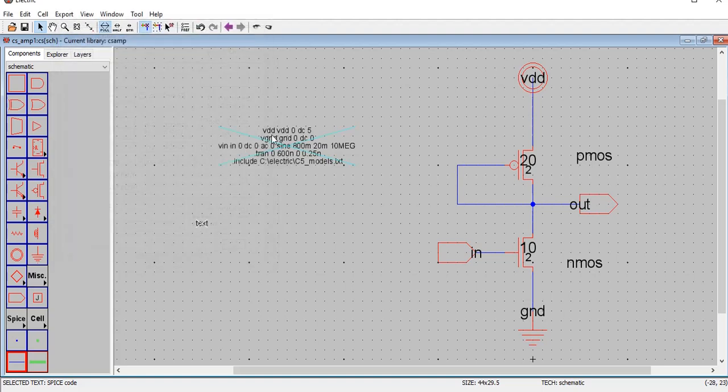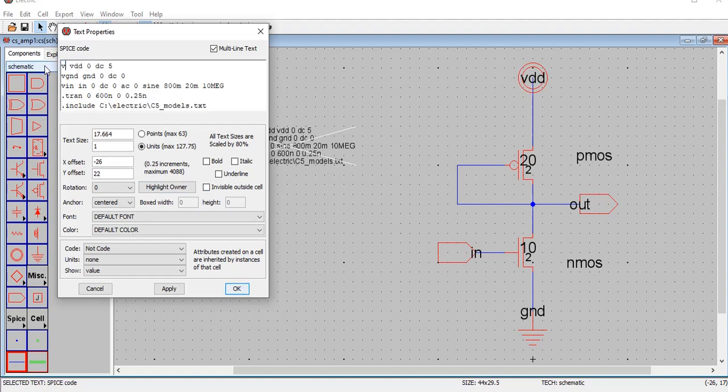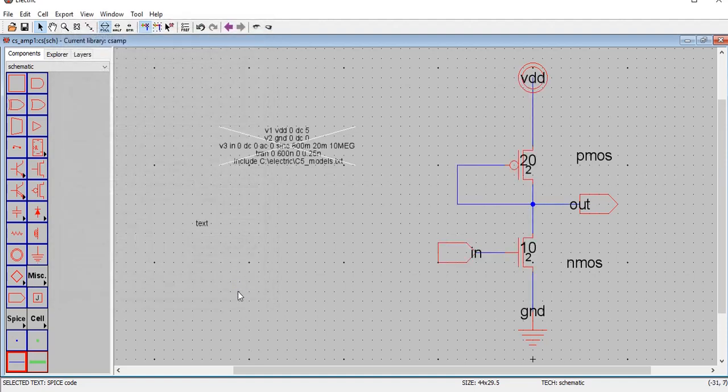Now since I have written the SPICE code, let me edit it according to the circuit which I have. The first line of the code is always the one which starts with V. The rest of the things are as they are. Now I will try to explain what exactly this means. This is different from what we took in the inverter, because in the inverter we took the pulse, whereas here we are considering the sine waveform, because we are going to show the amplification with respect to a sinusoidal waveform. I will show what exactly this third line means with respect to the input once I simulate this.